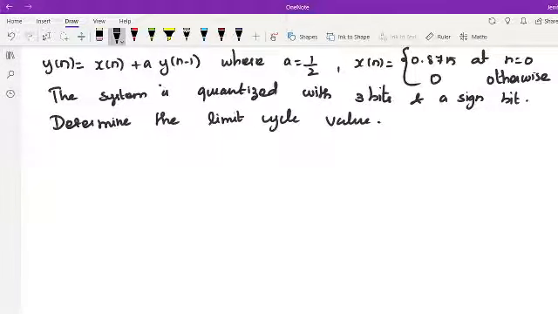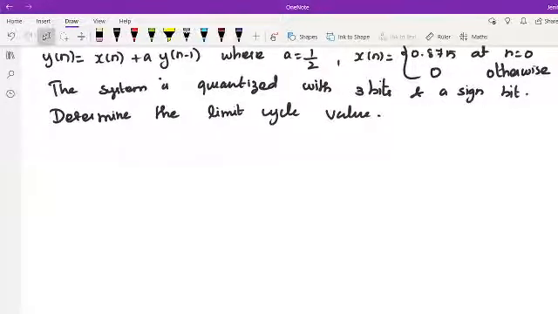So the given equation is for an ideal system or ideal filter, but limit cycle oscillation will happen for a non-linear system. So in that case, we need to perform the quantization. So I'm going to write that equation with a little modification, with the quantization representation. So y of n is equal to x of n plus, when there is a multiplication, definitely if it is